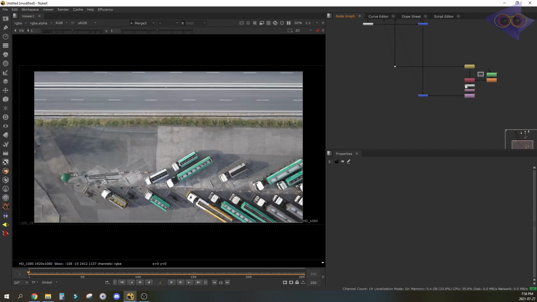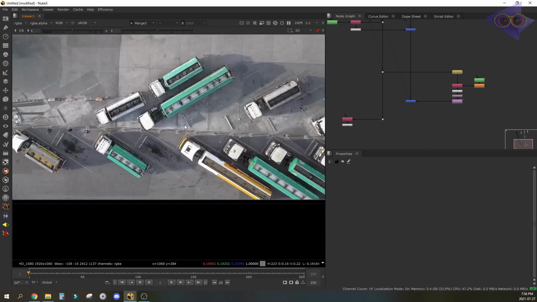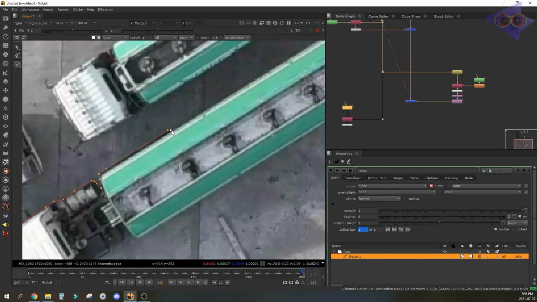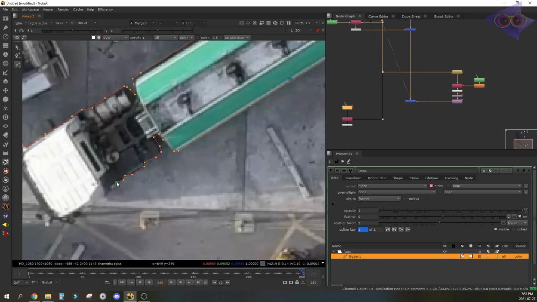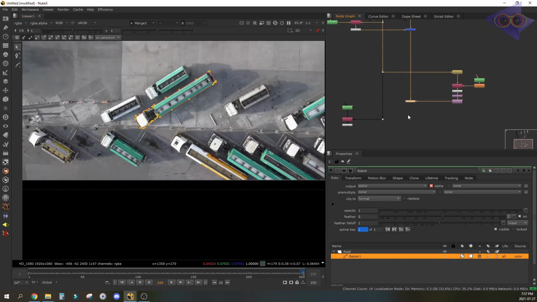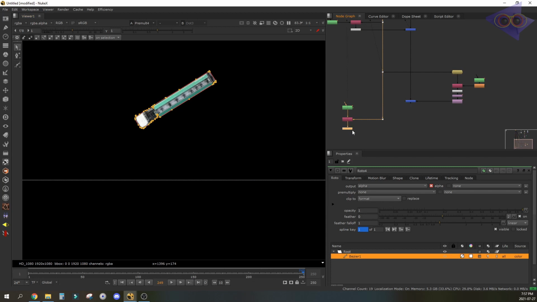Now let's do some extra stuff in this shot to make this shot look good. I'm gonna rotate this truck and make it run in the roads. Don't judge on this comp task here. I'm just doing some finishing touches. Once we have the truck here, let's take a frame hold node.